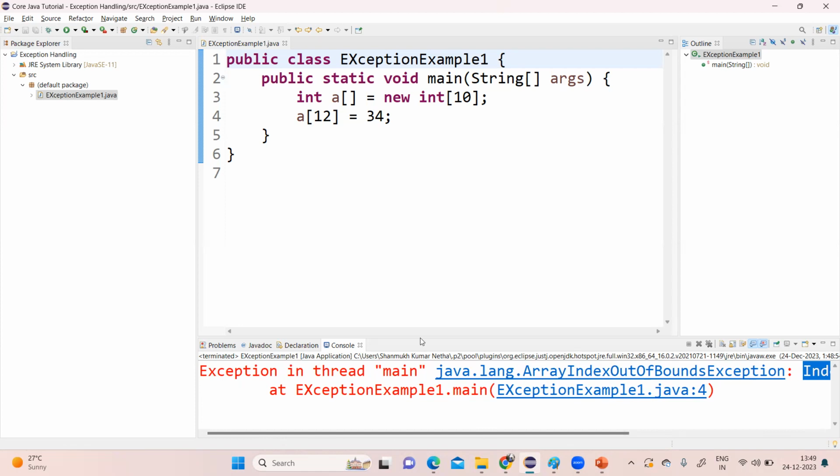Here, ArrayIndexOutOfBoundsException. Who prepared this message? How are you getting it in the console? Java by default has an exception handling mechanism. That is one of the reasons why we call Java robust. Robust means strong, right? This message is prepared by the JVM, the Java Virtual Machine, which by default can handle any type